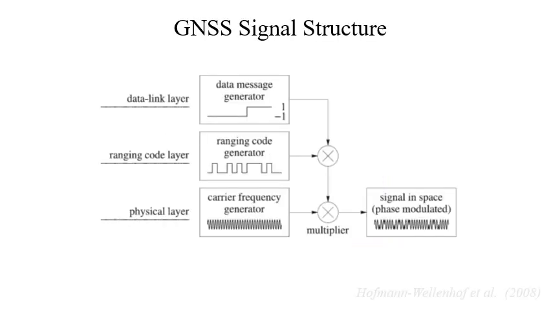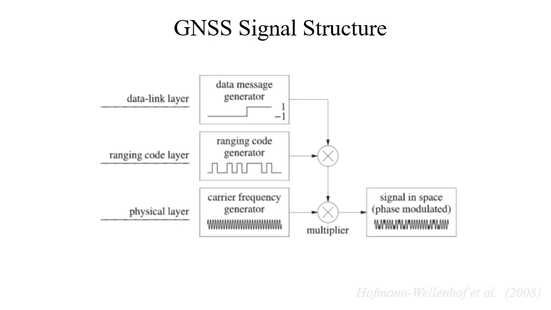As we said, GNSS signals are one-way signals sent to the Earth, and the receivers obtain these data